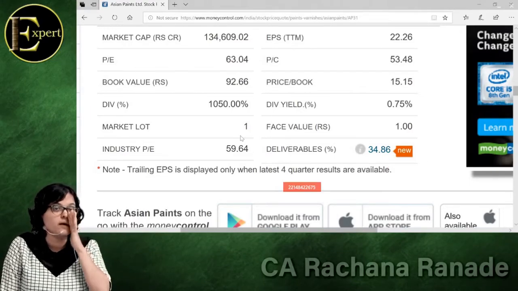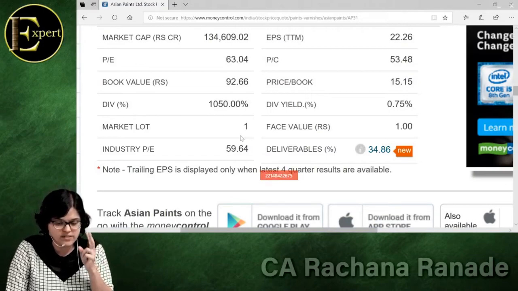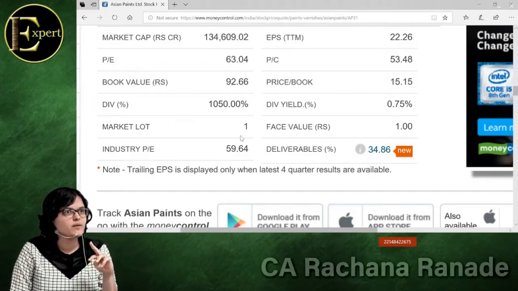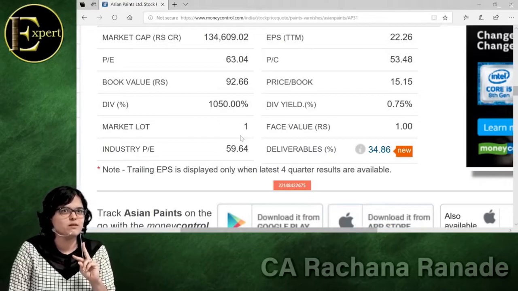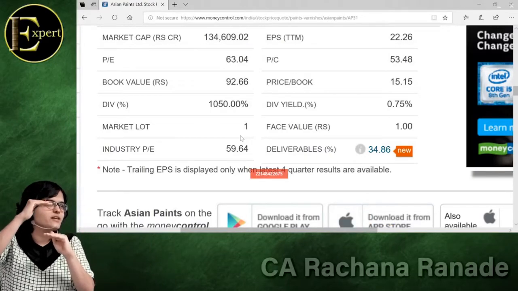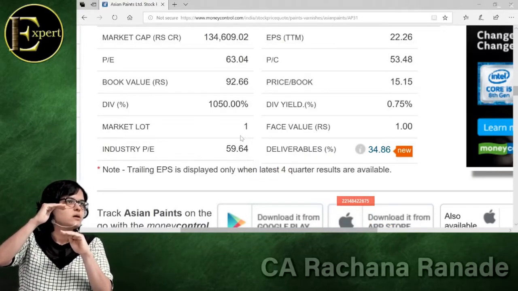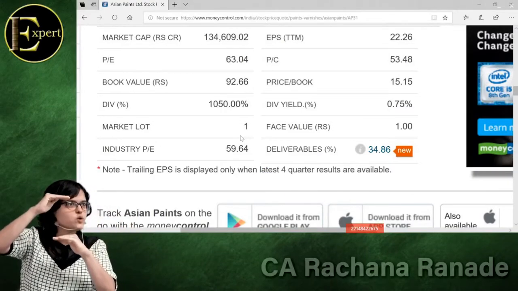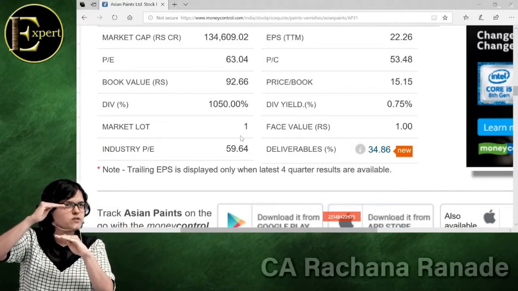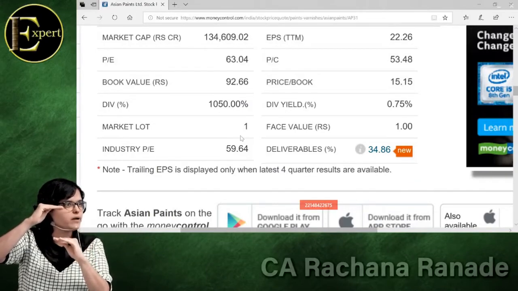That is okay. But what is the most important point? That is why, see, PE we interpreted in two exactly opposite ways, no? First, what did we say? It is lower than industry PE. Wow, good, buy it. And the second time, we are saying it is lower than industry PE, so it might not be getting good valuations. It might not be performing well. Don't buy it. We have given exactly opposite interpretations.